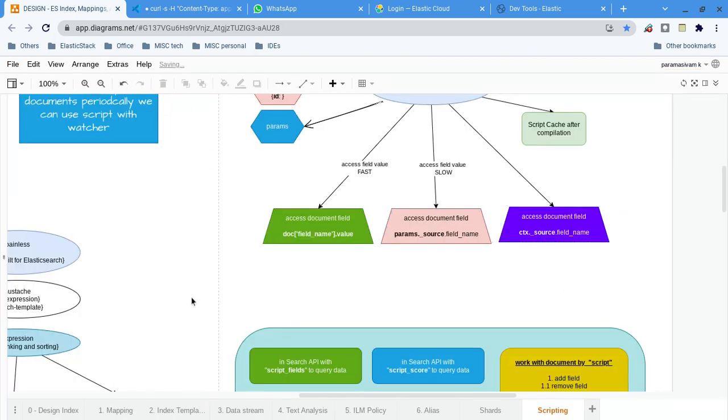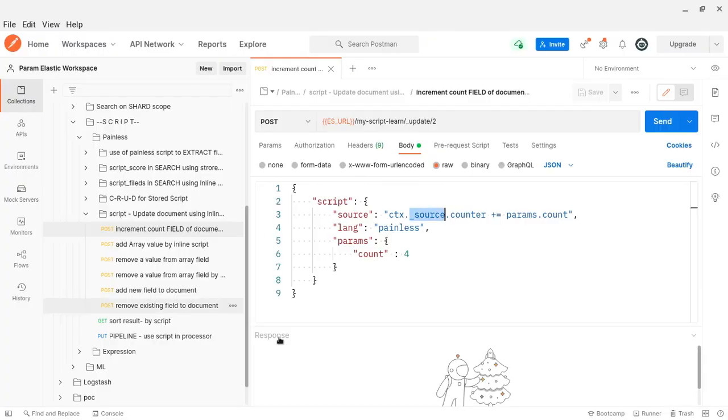It's a new syntax. Access the document field using the context ctx object.